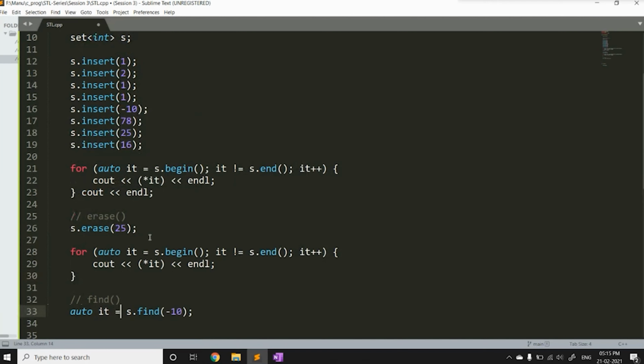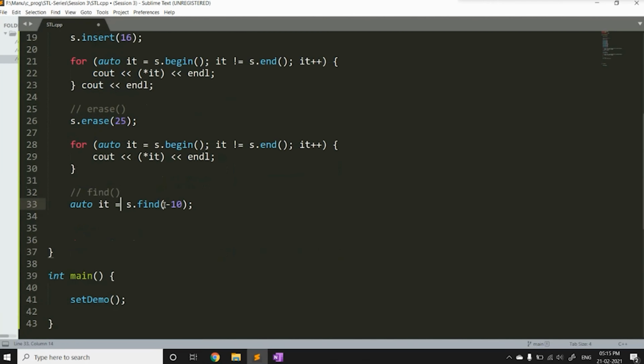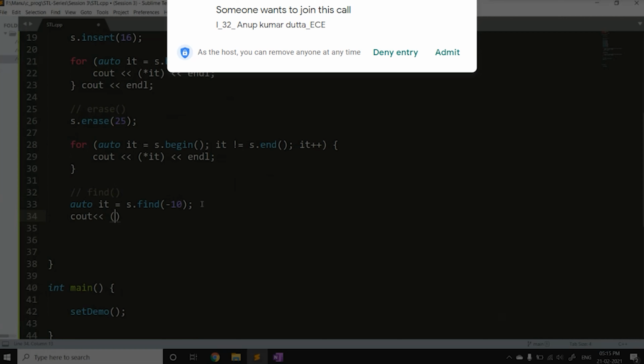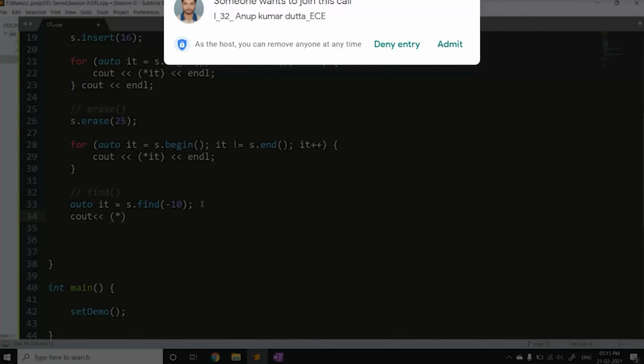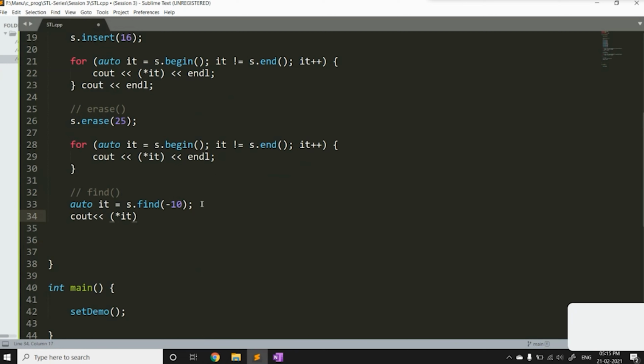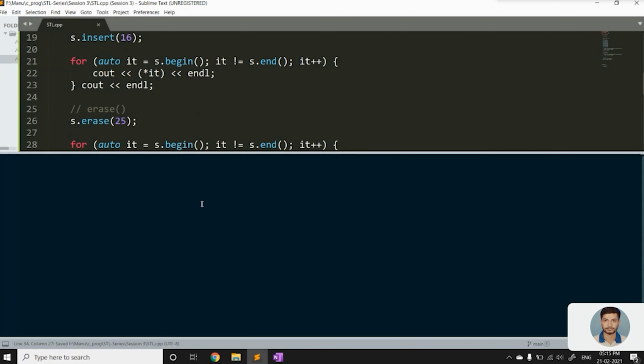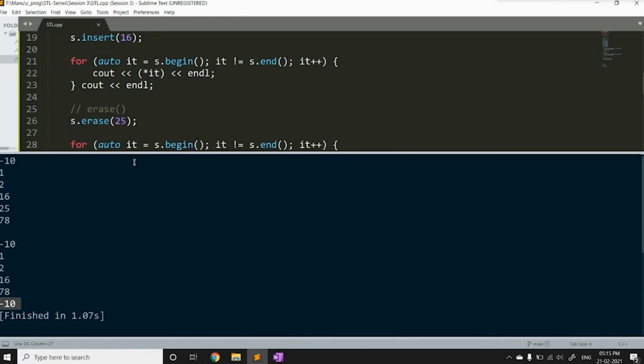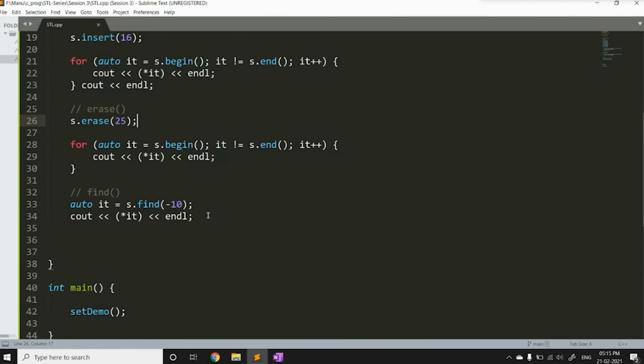This iterator is pointing to the location where -10 is present. So if I print the value that is stored at that location, it must give me 10. Let's see. So yes, it is giving us 10. I hope that's clear to everybody up till now.